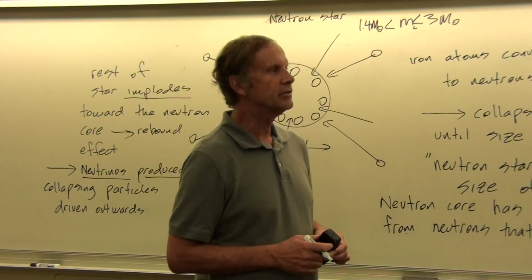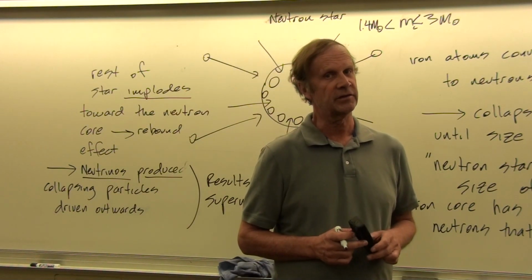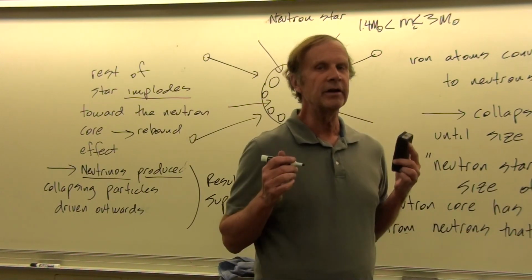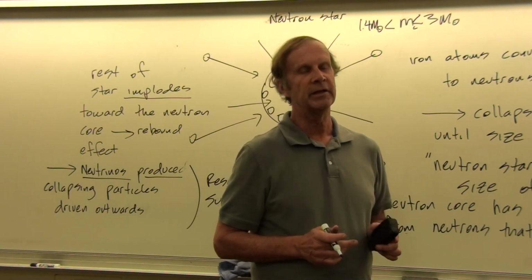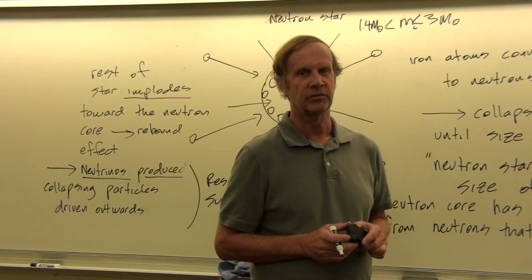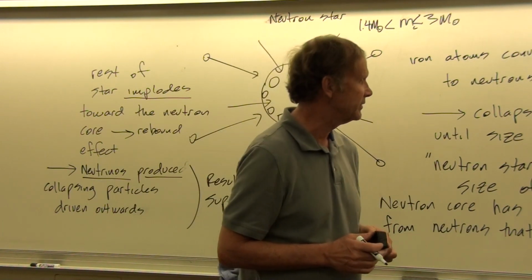If Alpha Centauri went supernova at 4 light years away, that's our nearest star outside of the sun, it would take 4 years for the shock wave to hit us. But when it did, it would be like a nuclear explosion going off on the entire side of the planet that faced toward Alpha Centauri. Okay, and so that's how powerful these supernova explosions are.